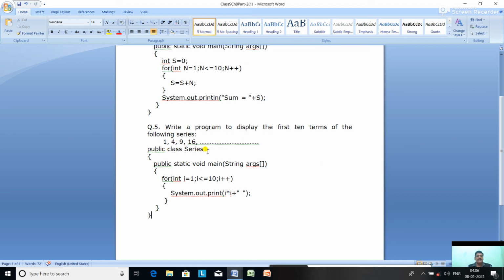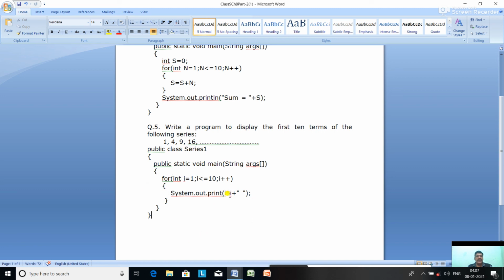So public class Series 1, int i equal to 1, i is the first number, i less than or equal to 10, 10 is the last number, i plus plus. System out print, you do not want to change the line. So system out print i into i. The i value is 1, so 1 into 1, 1 is printed.